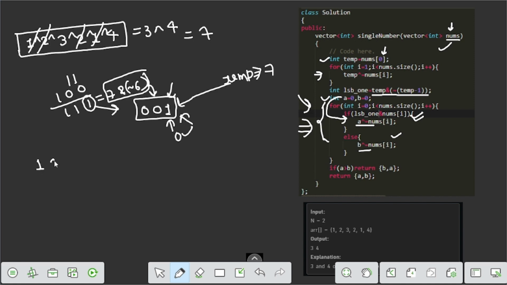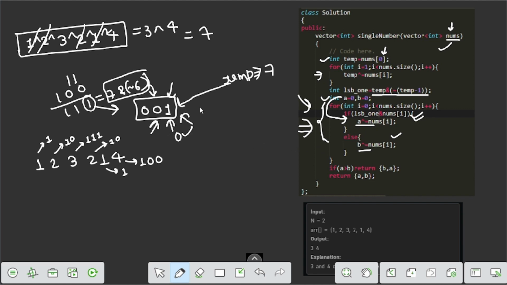the example 1 2 3 2 1 4. The bits are: 1 is 1, 2 is 1 0, 3 is 1 1, 2 is 1 0, 1 is 1, and 4 is 1 0 0. So how do we decide which goes to the first set and which goes to the second set?